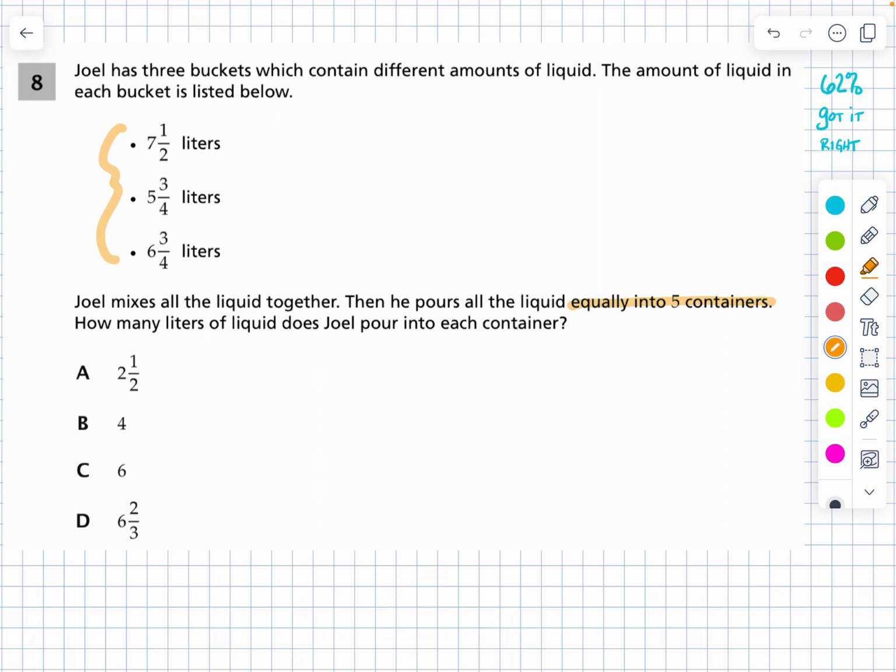This is actually a good question. I've actually done this myself with paint when you have different colors of paint, but you need a lot of one color. You mix them all together and hope for the best. So anyway,